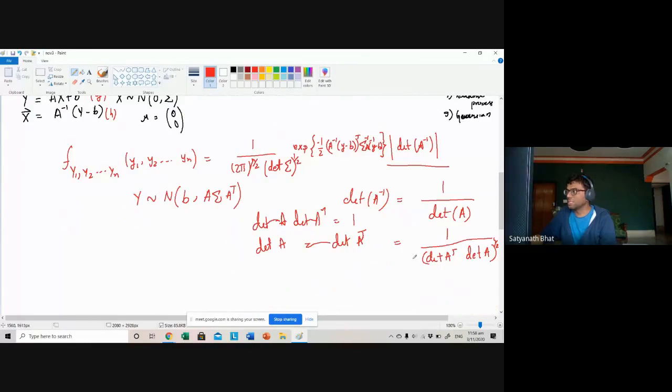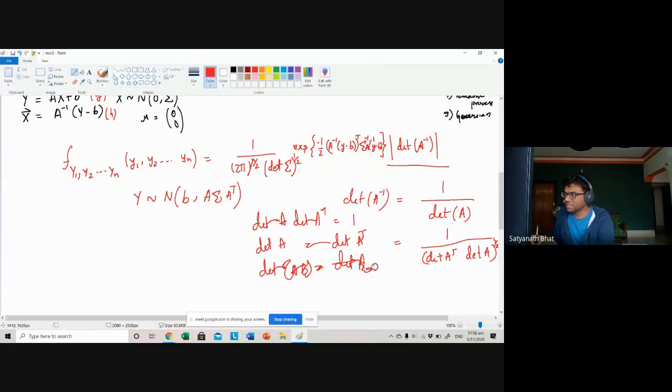So then what you can do is, determinant of A inverse, I can write this as determinant of A squared to the power of half. There are two determinant A, right? The first one I will write as determinant of A transpose, and the second one I will write as it is. The purpose of doing this is that then I can merge. There is another identity, which is determinant of the product of two matrices, A into B, is equal to